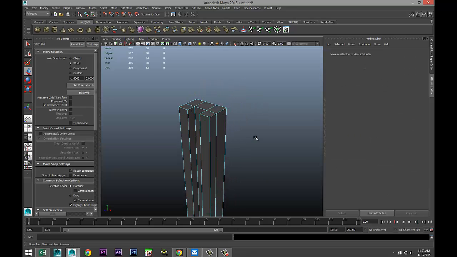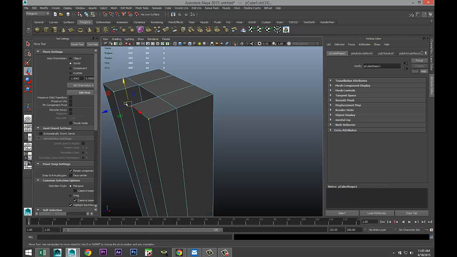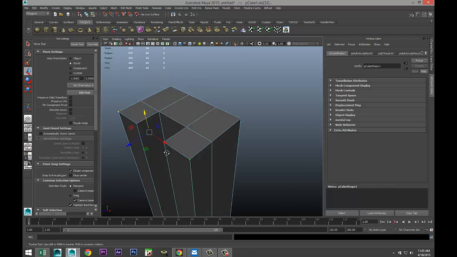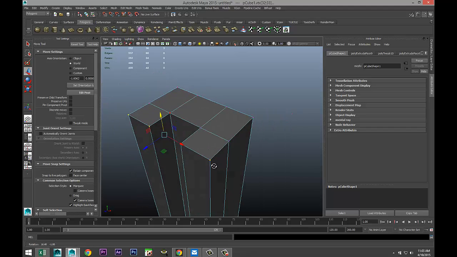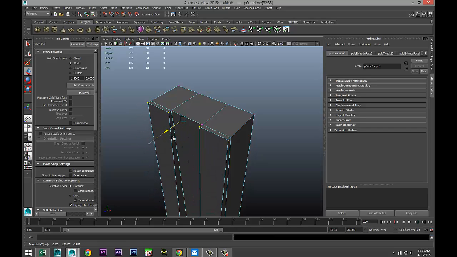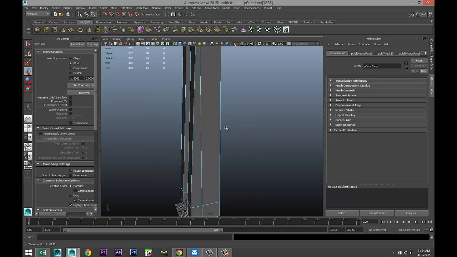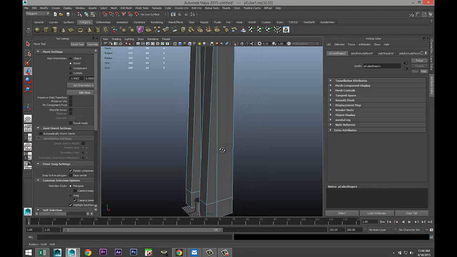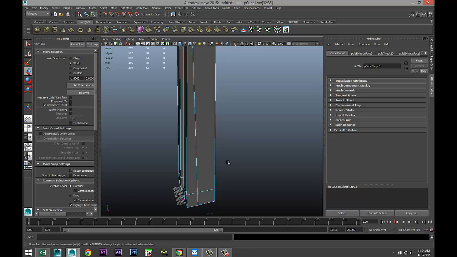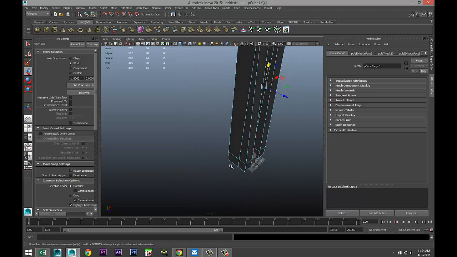And then we're going to go in and we're going to right click on a vertex and we're going to take these 4 vertices. Looks like I got them all 4. It's hard to see. No, we only got 3. So I want that one as well. There we go. We're going to move that in. So that will give us something like this. All right. Okay, cool. Then right click face, take these 2 and these 2,